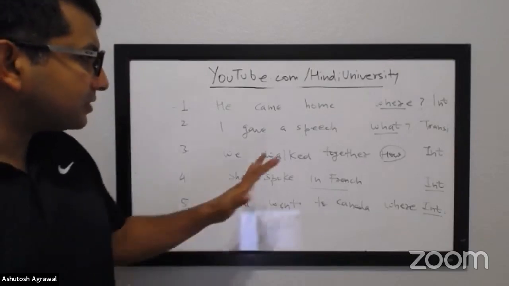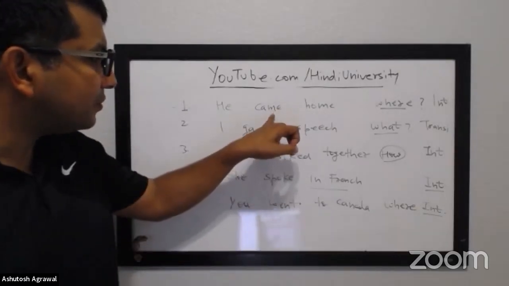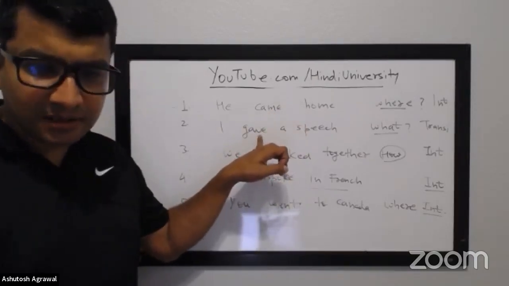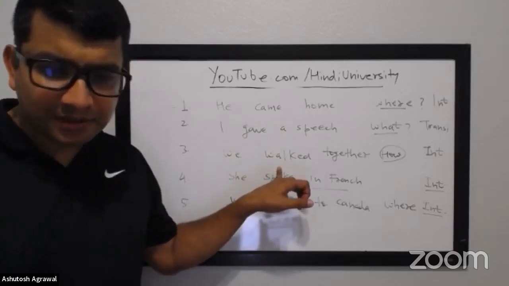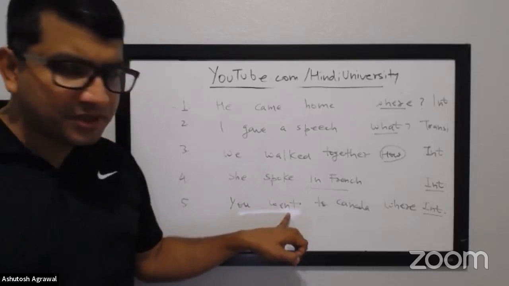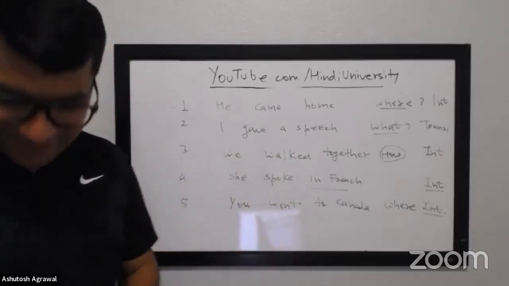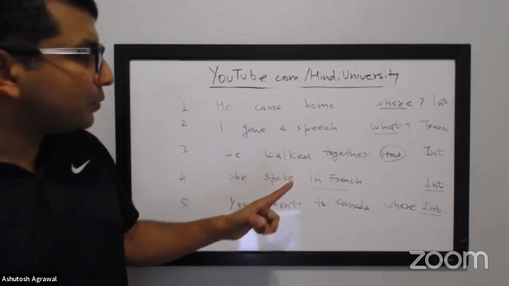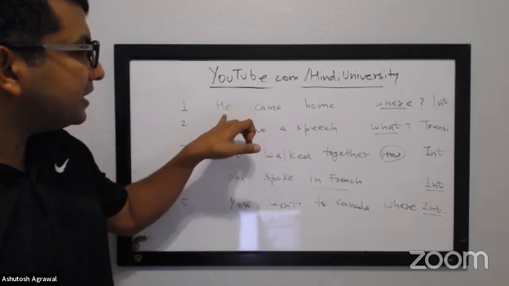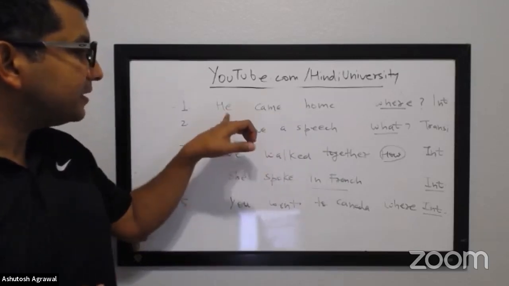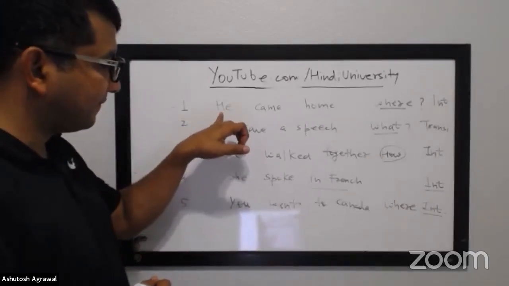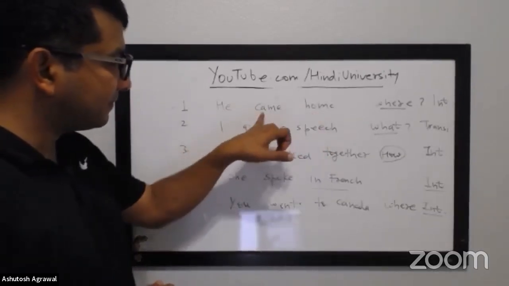Okay, so this is number one thing. What is the verb here, Meeta ji? To come is Aana, to give is Dena, to walk is Chalna, to speak is Bolna, and to go is Jaana. Awesome. Now, in the intransitive verb there was no issue, right? Because when this is intransitive, he came home. How would you say, Meeta ji? Vah ghar aaya. Very good.